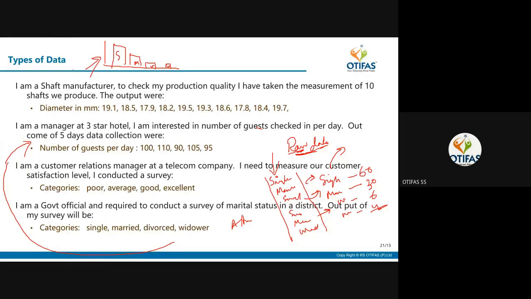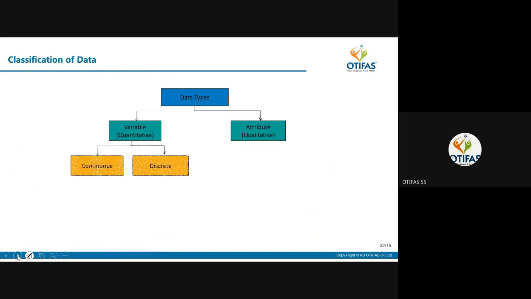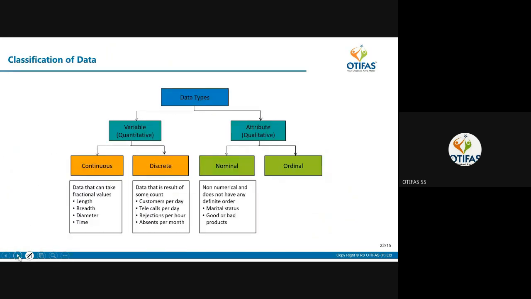This nominal and discrete can be categorized the same. Both are counts. One can be classified into counts. So basically, there are two types of data. So variable and attribute in Six Sigma parlance, it is also known as variable data and attribute data. In the variable, you have continuous and discrete. Now, this also can be converted into discrete.